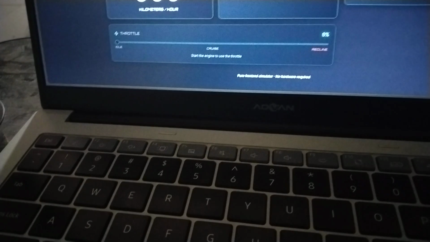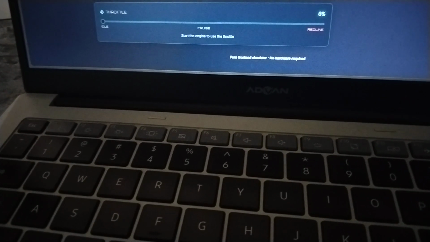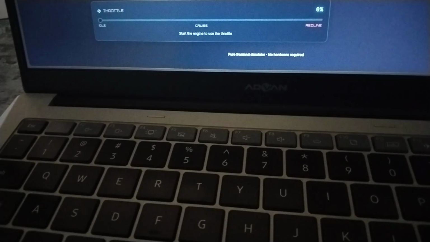You can see the speedometer, and at the bottom there is a system status strip that ensures we are online, showing healthy. The design is fully responsive and highly interactive.